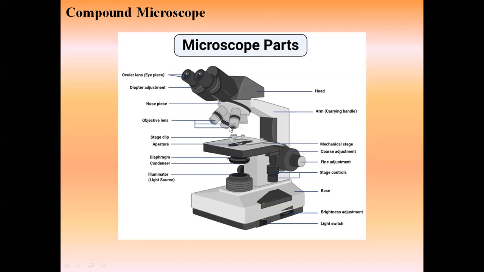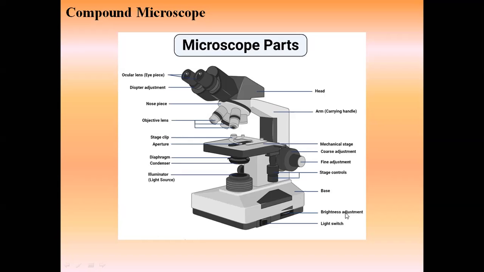So the parts of the compound microscope are somewhat similar to what we have seen in the introduction class. There is an eyepiece, a head, and an arm which we use to hold the microscope. Then we have a nose piece on which the objective lenses are fixed, and we can rotate it as desired. Then we have the mechanical stage, the coarse and fine adjustment knobs, the stage control, and the base. And then one more thing,